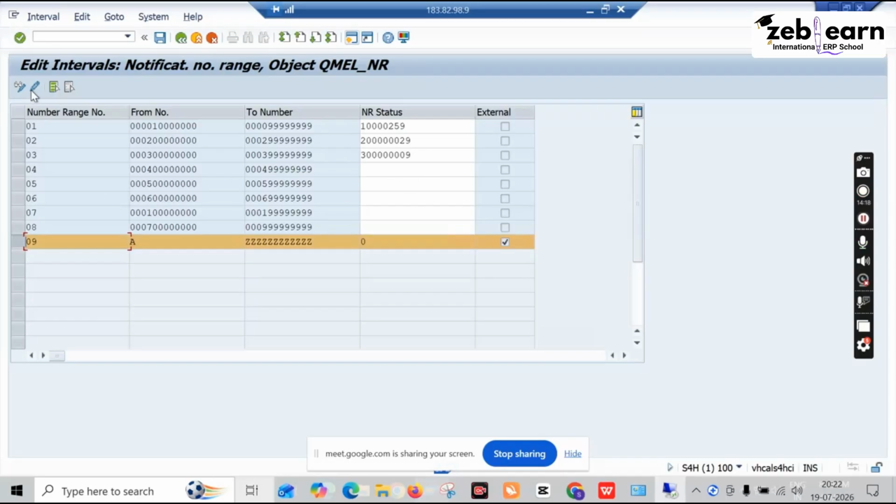Sir, can you please explain this one another time? See, I will take an example. If you want to provide A to Z, the first notification created with this number range gets A as its notification number, the second notification gets B, the third gets C. But after the 26th letter, the error will be that the number range is not found for the 27th notification. So what can you do? For that you can take double A or A1 or